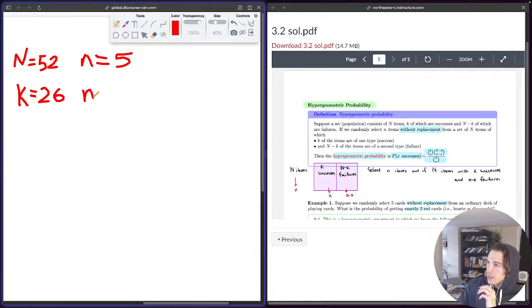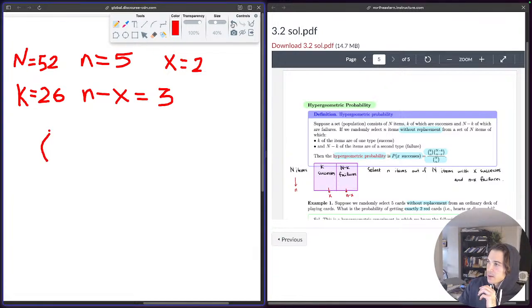So we know n minus x. Well, we've got to calculate x first. What's our x? X is going to be 2, because we want the probability of getting exactly 2 red cards. So n minus x, 5 minus 2, it's going to be 3. And so to set it all up here,